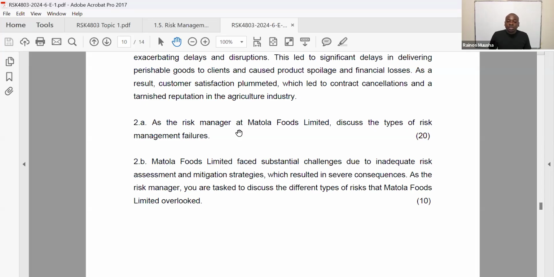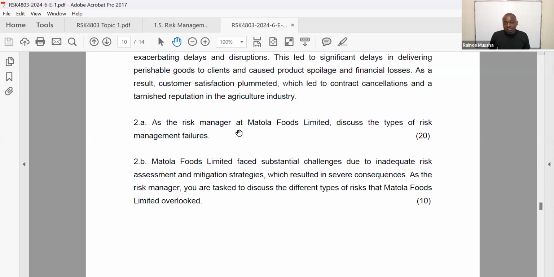If they're going to be asking you questions coming from between Unit 1.1 to Unit 1.5, where we talk about risk management failures, because that's the core concept that we need to look at in that section, they have to give you the case study in the exam. Then after they give you the case study, they ask you questions based on it so that you answer regarding risk management failures based on the case study they would have given you.